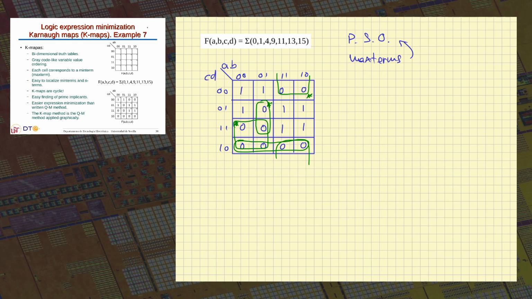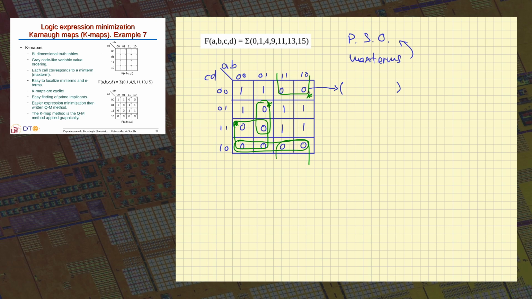Now, the point here is what expression corresponds to these prime implicants. Now, these are implicants of zeros, so I'm looking for some expression that is 0 in these cases. For example, here and here, these 4